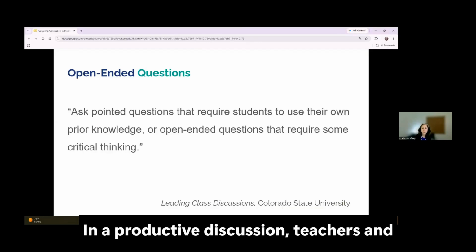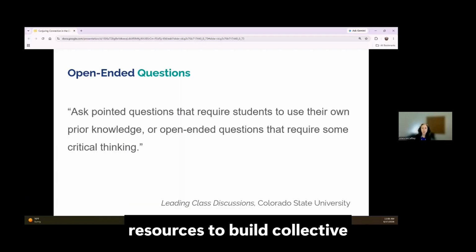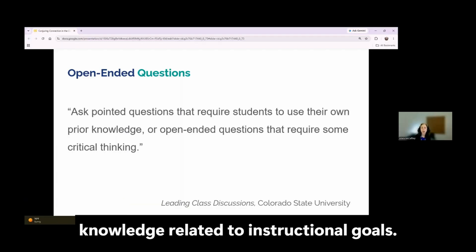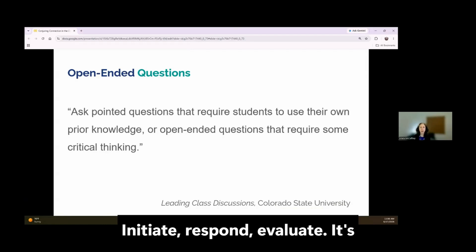In a productive discussion, teachers and students use one another's ideas as resources to build collective knowledge related to instructional goals. In contrast to, just think about this for a minute, initiate, respond, evaluate.